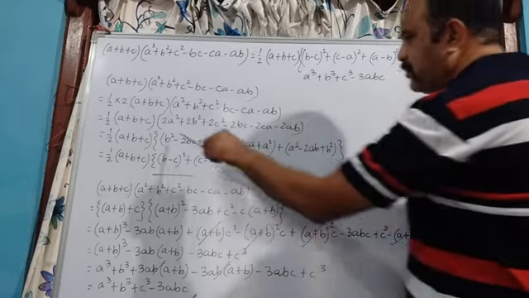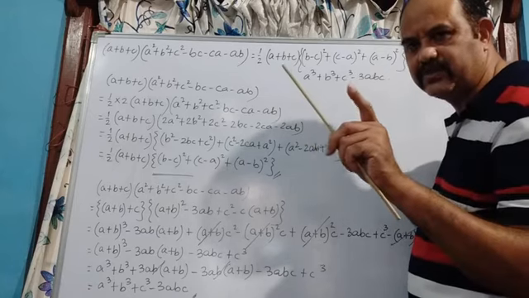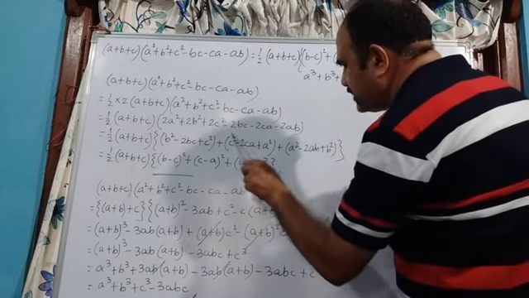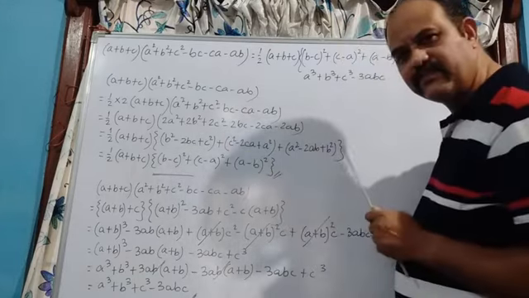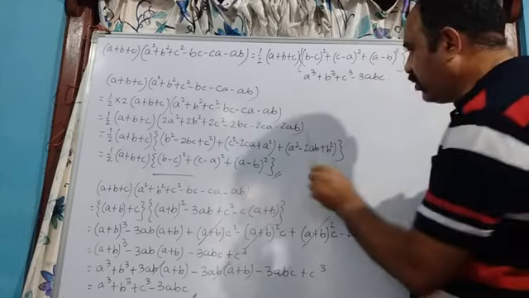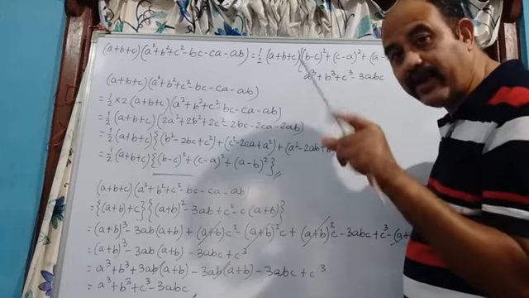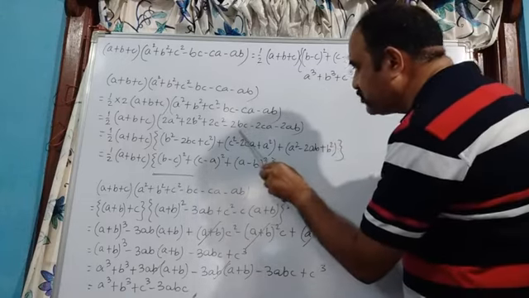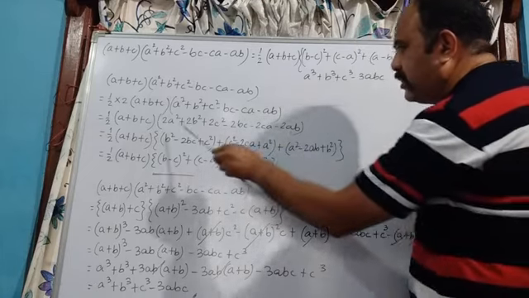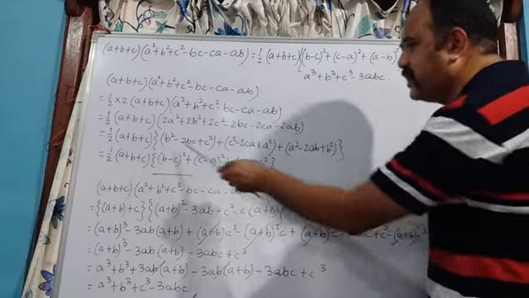Now from this part, if you can make any perfect square trinomial, three perfect square trinomials we need. One is b minus c whole square, one is c minus a whole square, one is a minus b whole square. Now look at it. For b minus c whole square, we have minus 2bc. Yes or no? For c minus a whole square, we have minus 2ca. And for a minus b whole square, we have minus 2ab. But the thing is that we need the squares, whether we have them or not. For this, we need b square plus c square. For this, we need c square plus a square. For this, we need a square plus b square. We are having them. That's why I have separated with this middle term.